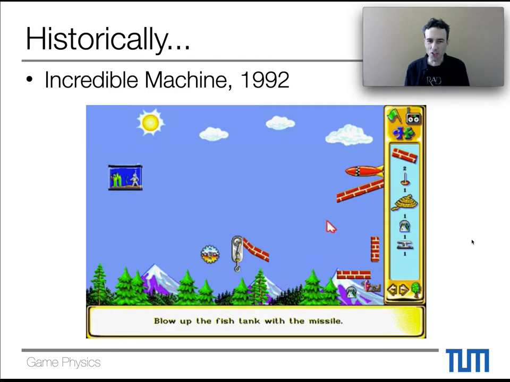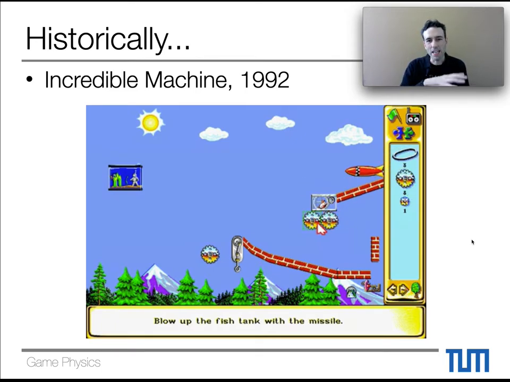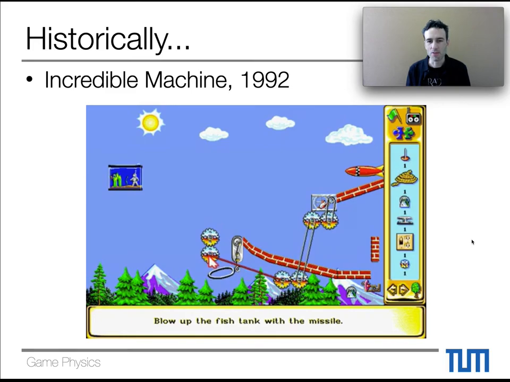Then another very good contender in this physics overview is Incredible Machine. This is in a way a more extreme example. This is a pure sandbox game, right? So here the whole game revolves around this physics environment. It basically allows you to set up experiments and let the physics run. And within that scope, you have certain goals. You're given a set of ingredients with which you have to reach a goal. So in this case, you actually have to blow up the fish tank on the left-hand side.